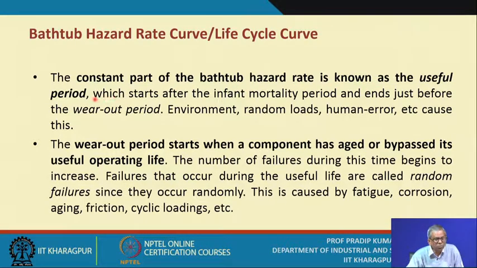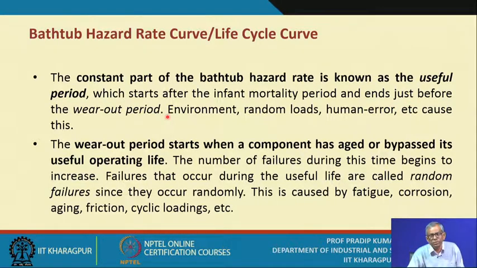is known as the useful period. That means it is essentially the constant failure rate. That means your performance on the product is almost predictable, which starts after the infant mortality period. That means during the infant mortality period, you need to take some corrective or preventive measures related to design, related to manufacturing, and accordingly you improve the quality of the product, and it ends just before the wear out